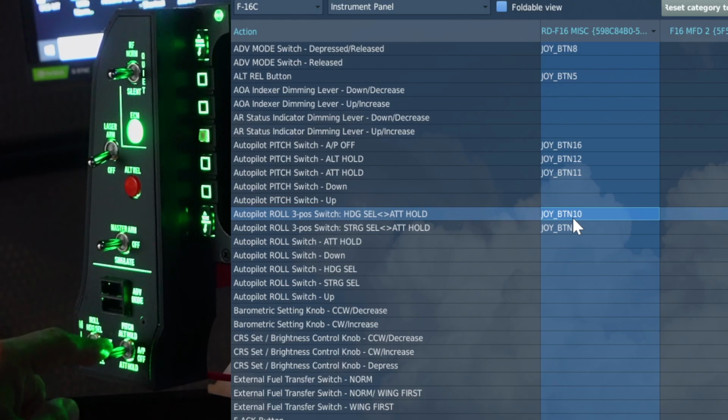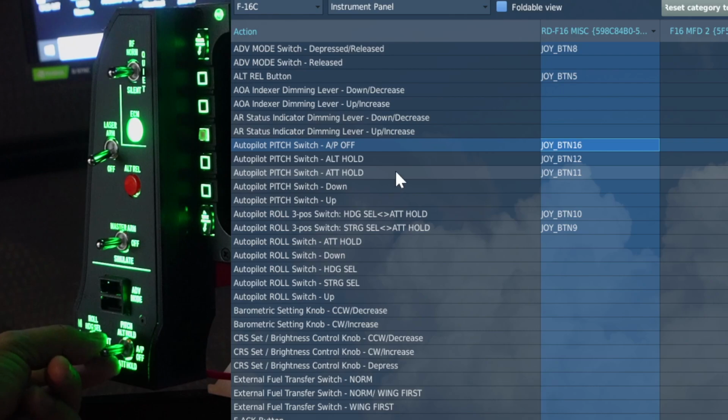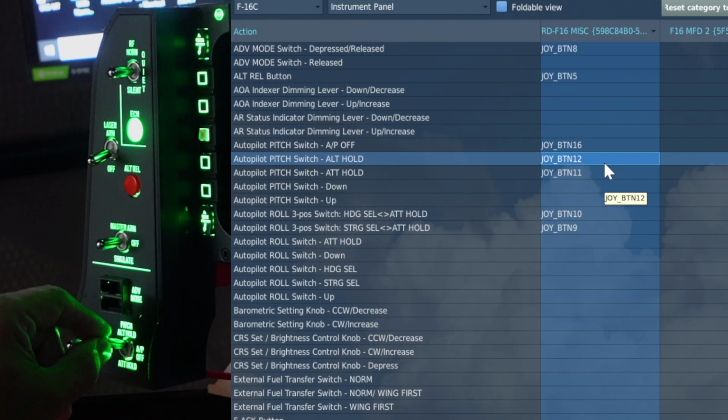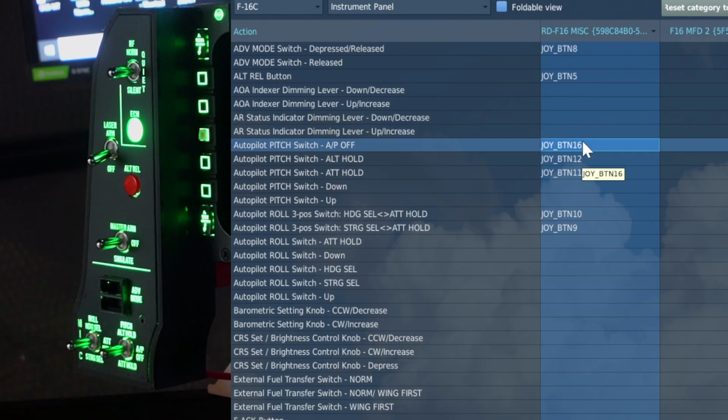Now here's the tricky switch, the autopilot pitch selector. For this one, you'll notice it's not a 3-position switch. You need 3 buttons for this to work. So we start with button 11, which puts it on attitude hold. And when I switch it to the off position, it actually triggers button 16. Switching button 12 will set you to altitude hold, bringing it back to the off position. Triggers button 16, which turns off your autopilot. And that's how it